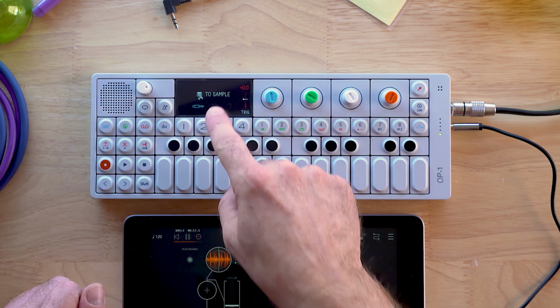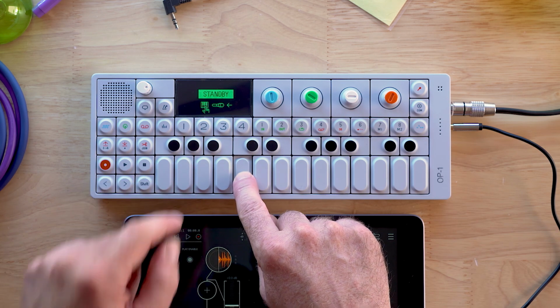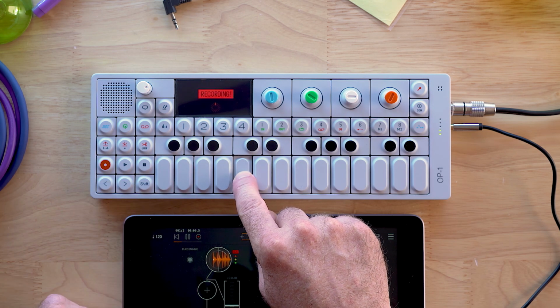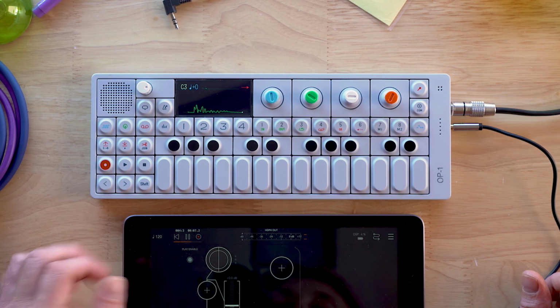And so it's asking us to press a key to sample. So why don't we do that? Hold down the button to sample. It's in standby, and then I'm going to hit play. And it's done. Now, if we hit the drum engine button again, we're going to have